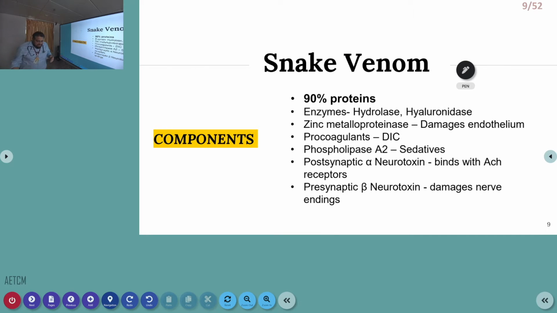Now, what is the major composition of this venom? Just for your understanding, 90% of it is protein. There are enzymes, hydrolases, hyaluronidase, and zinc metalloproteinase, which damage the endothelium. There is procoagulant, which causes the DIC part. There is phospholipase A2, which is basically a sedative. There is postsynaptic alpha neurotoxin, which binds with the acetylcholine receptor, and also a presynaptic beta neurotoxin, which